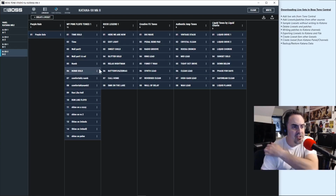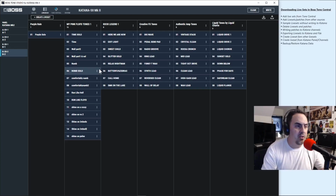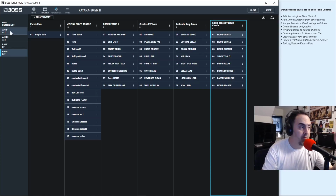But all these patches, if you have your guitar plugged in, turned on, not on standby, you can go through and sample these patches before you load them over here by simply clicking on them, and that selects it, and then you can play your guitar and sample it through the amp. And you can do that with all of them before you go pulling them over here. So that's basically how you sample them. And if you don't like them,